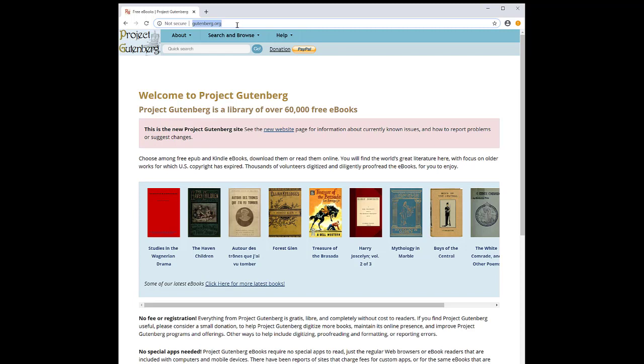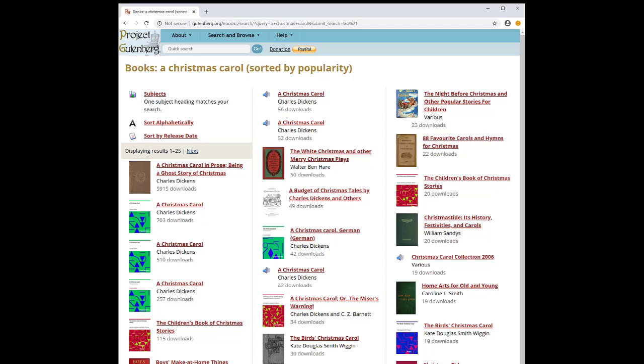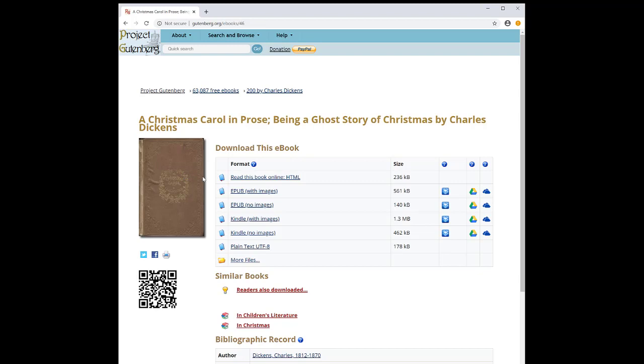So what we want to do is to come into Gutenberg here, and we're going to work with a book by Charles Dickens that was written in 1843. So that's way back before we have to worry about copyrights here. And the book was called A Christmas Carol. So we'll just type that in here in the search field in Gutenberg, hit enter. And we're going to just take this very first one and click it. And come down to where it says